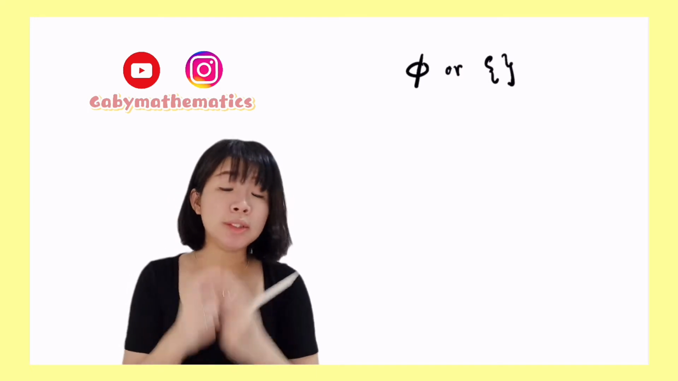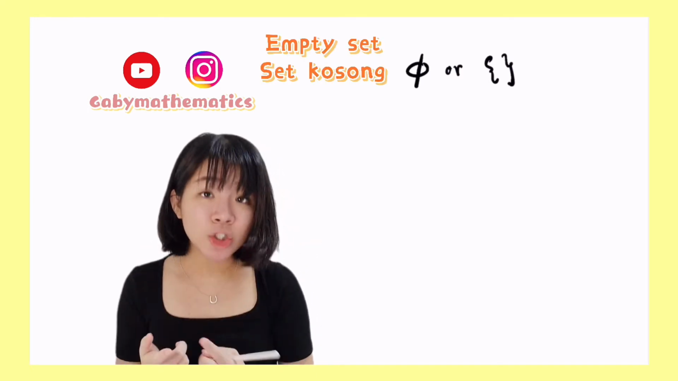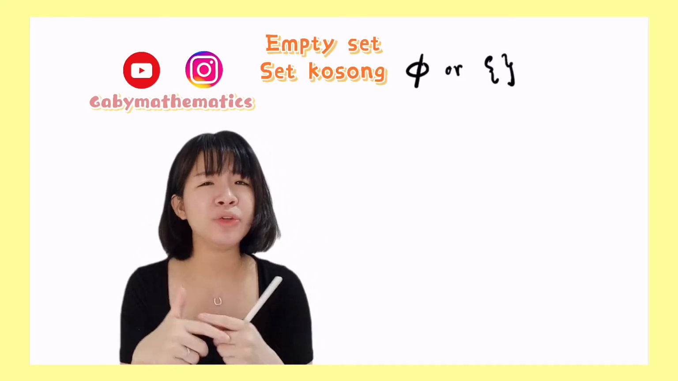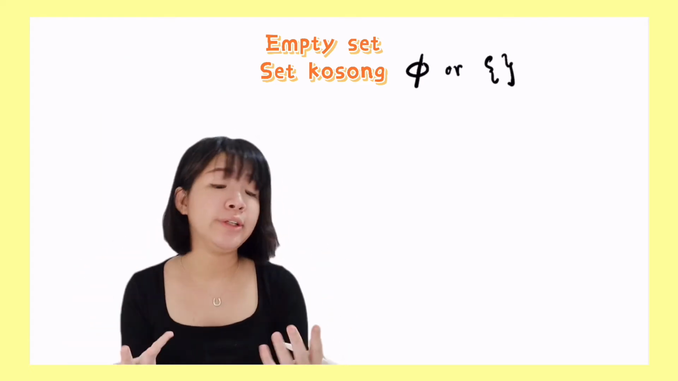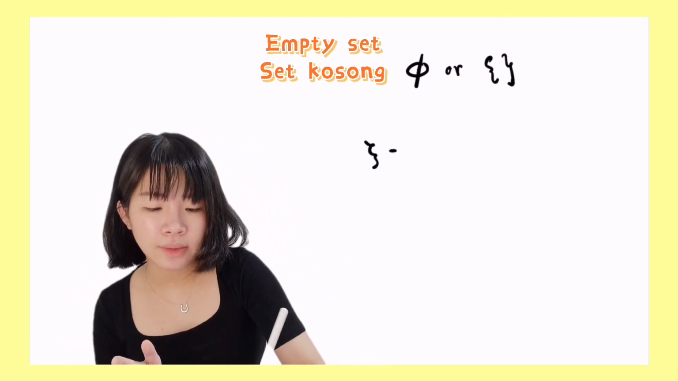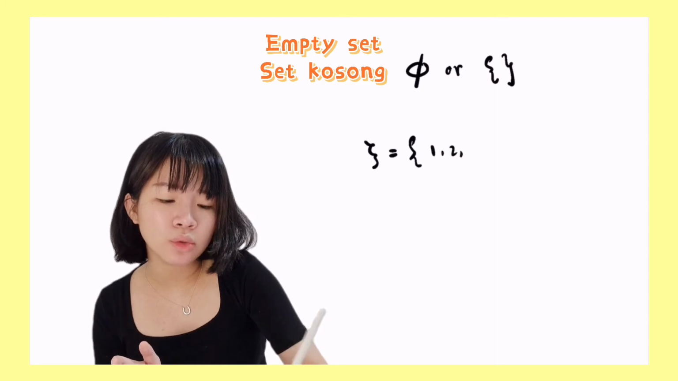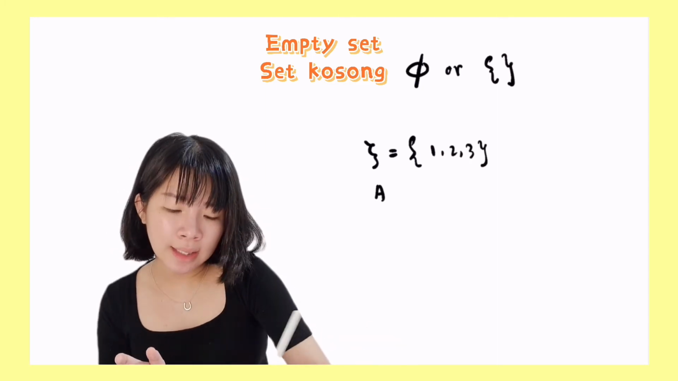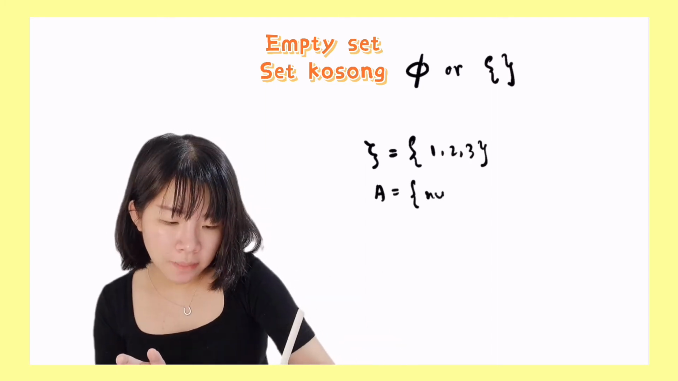Next, the symbol that you need to know is this or this. This is called the empty set (kosong). You use this symbol when you have nothing to list out. For example, I tell you that the universal set is 1, 2, 3. Then set A is numbers